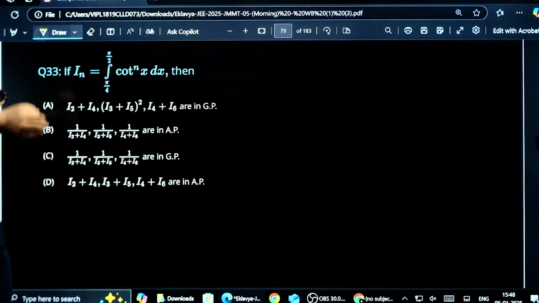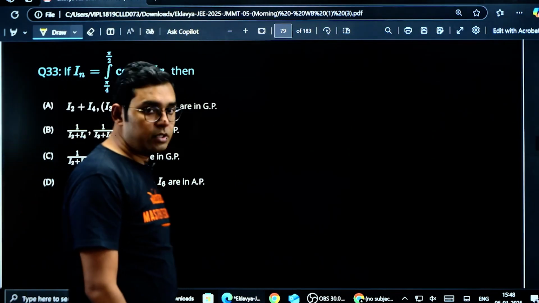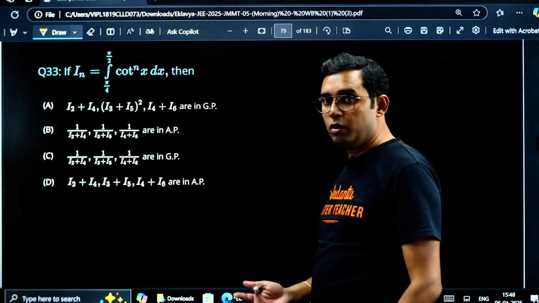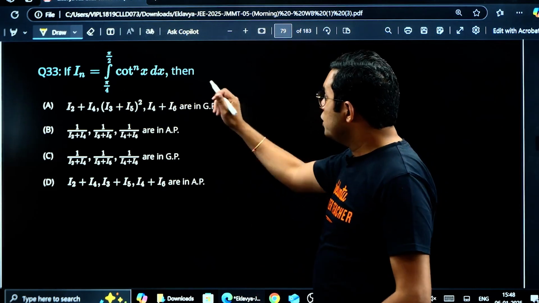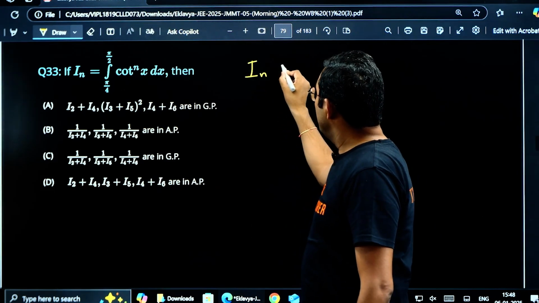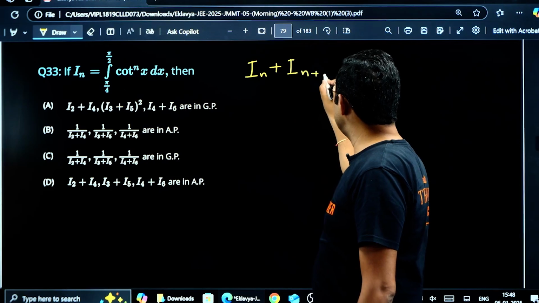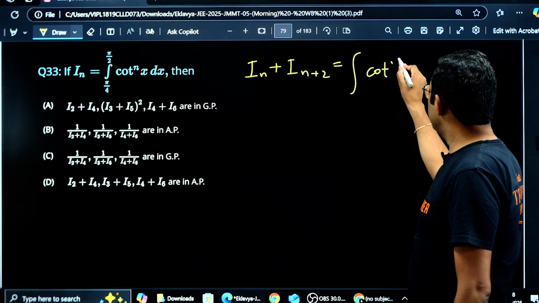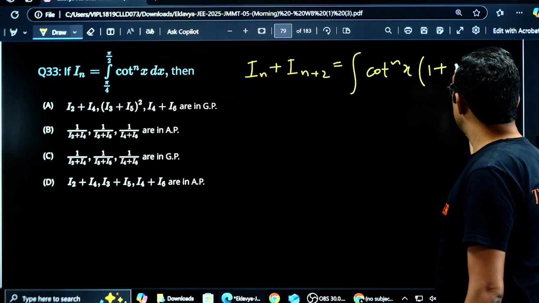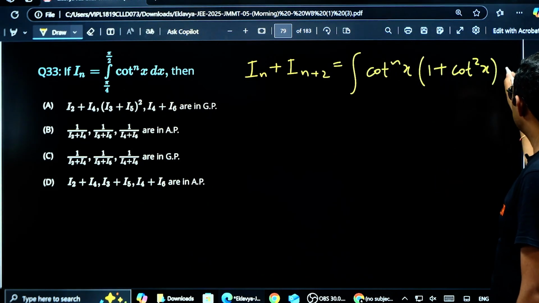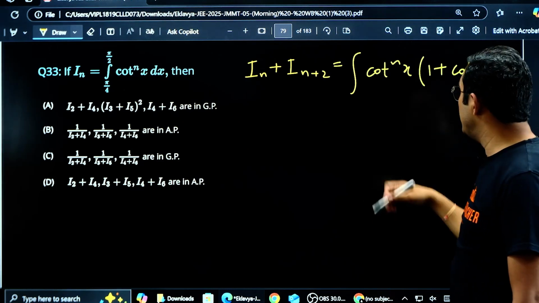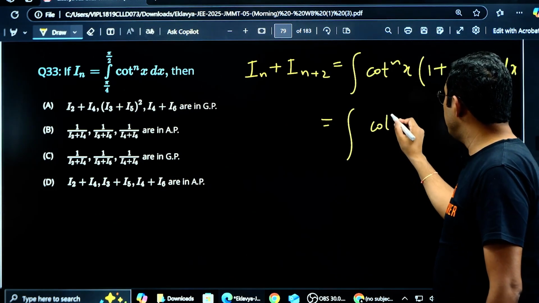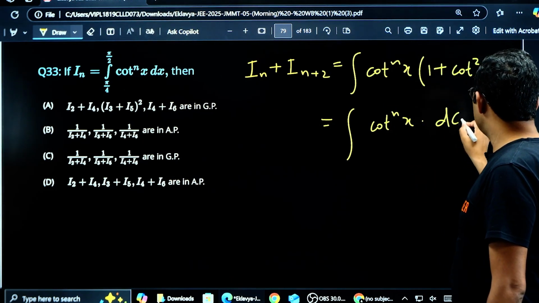Now coming to this question 33, I think that is also a very standard question, a very old question. I have seen it in multiple books. I think previously also it has been asked in mains or maybe some other state exams. So here you can see we do I_n and I_(n+2). And how do we get this idea? Because if you add like this, then cot power n x will be common and we will be getting 1 plus cot square x here dx. And 1 plus cot square x is actually cosecant square x, which is the negative of the differentiation of cot x. Okay, so this will be cot power n x into d of cot x, you can say,